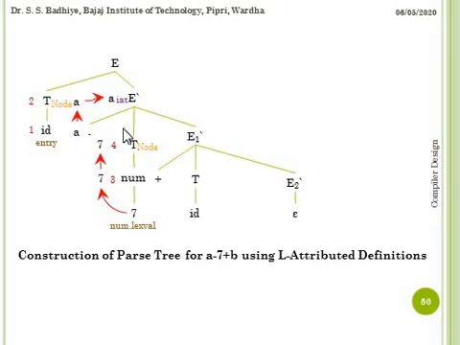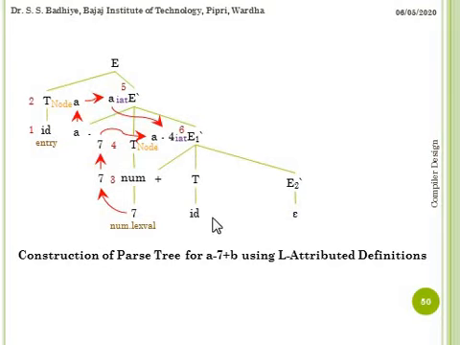So here we have the value of T dot node, we have the value of E dash dot inherited, and we have minus. So according to the third rule in the previous slide, we get the value of E1 dash, the inherited attribute of E1 dash, as a new node will be created, right? And it will be minus, then E dash dot inherited and T dot node, right? The next node which will be created is node number 6, and this will get the value from these two parts, so it will be a minus 4. So E1 dash dot inherited will get a minus 4.